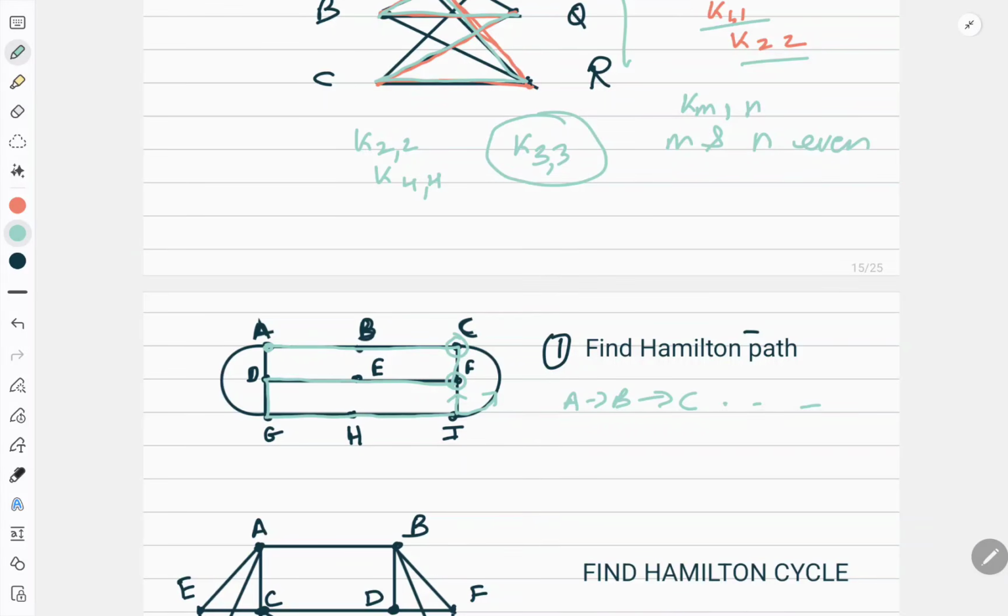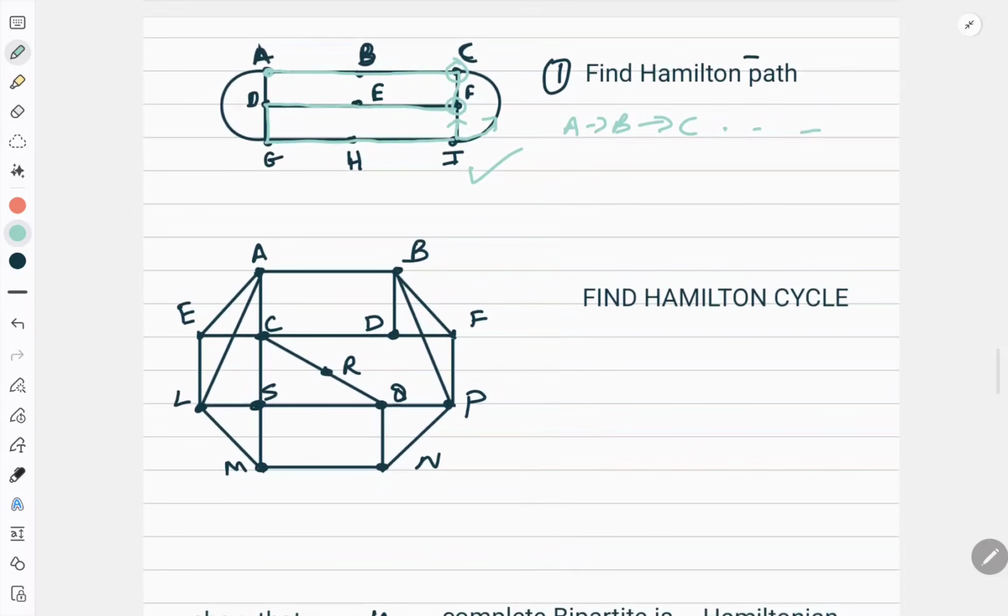We will be proving this by two different methods later, because this question is very important to show that there is a Hamiltonian path and find it out. Then there is a question: show that it does not have a Hamiltonian cycle here. To show that, we have two methods which I will discuss later on. But right now it is a Hamiltonian path.